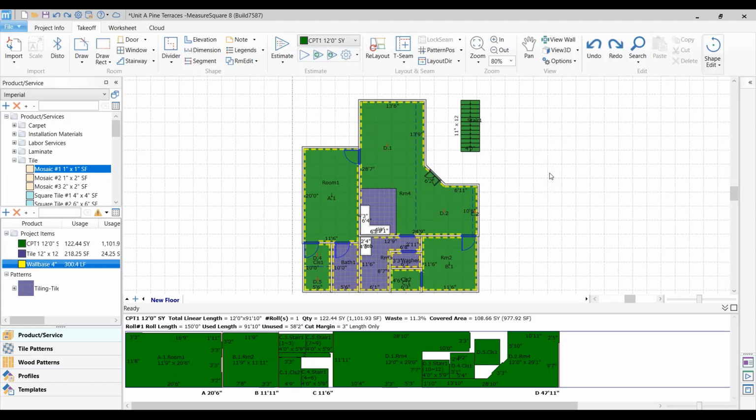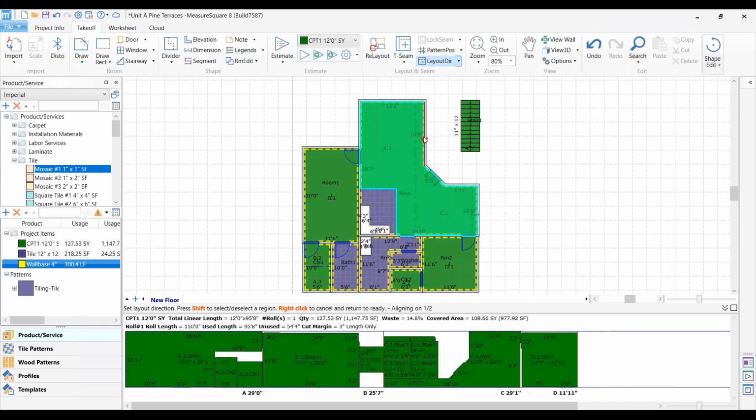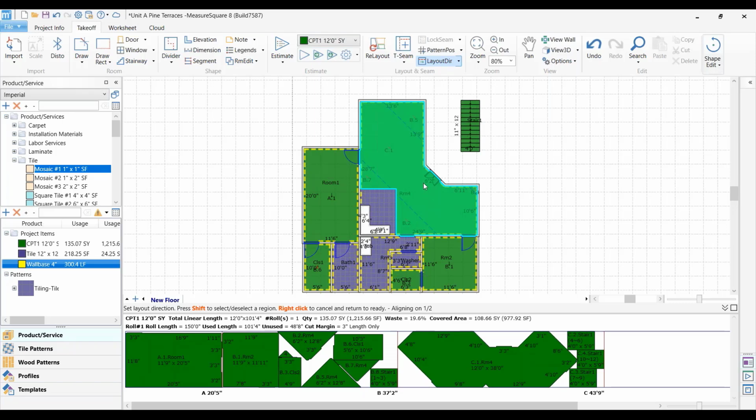rooms. To change the layout direction, locate the Layout Direction tool at the top of your screen. Once the tool is selected, you can hover over the room's wall and will be able to click the change direction of the product. Notice the arrows indicating what direction you will be selecting. You can also click in the room and drag your mouse over to create an arrow and click again. This process will be used if you have a product going at an angle or not a simple vertical or